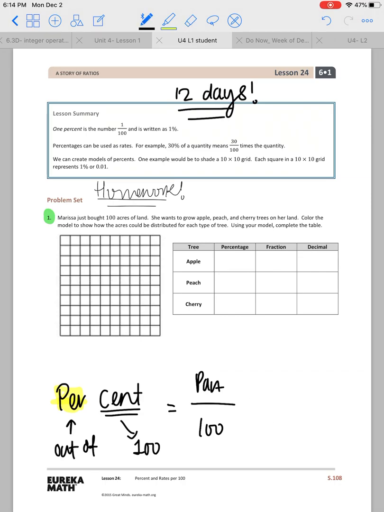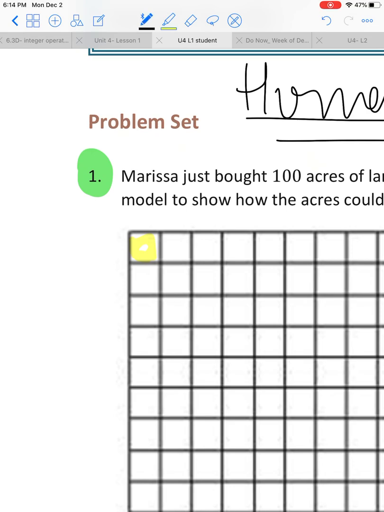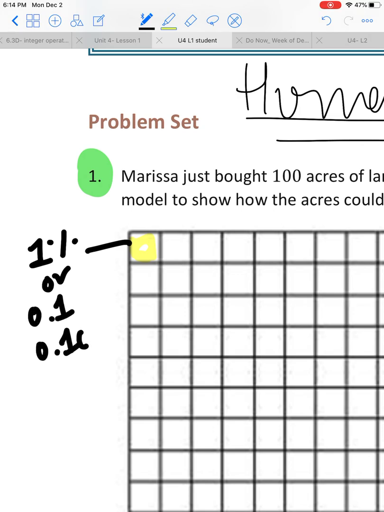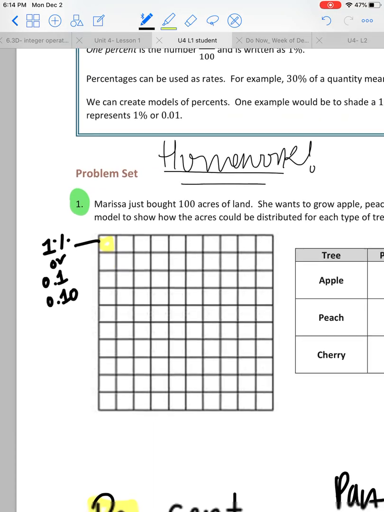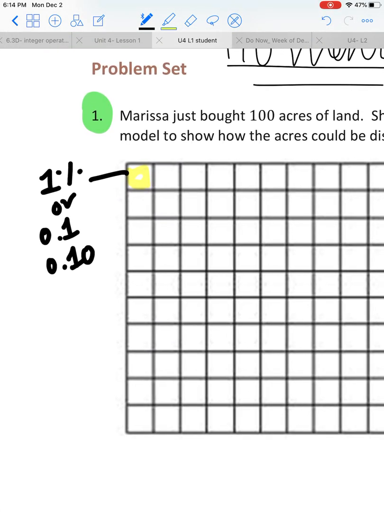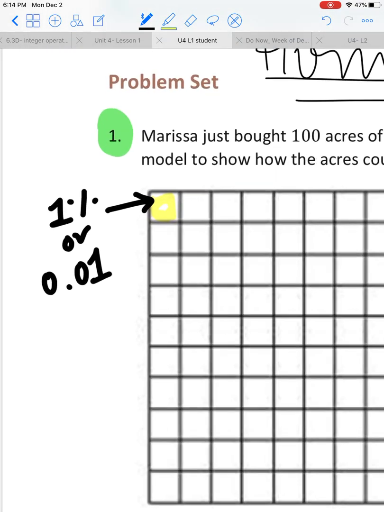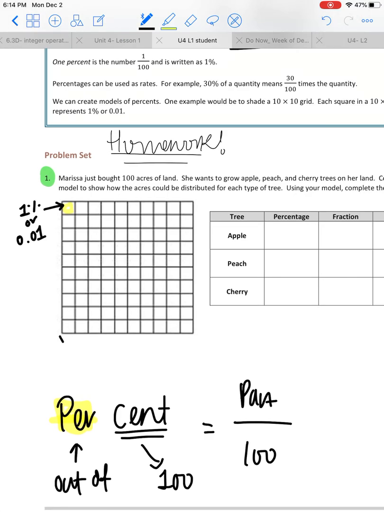So we talked about in class how when you have a 10 by 10 grid and you have one little square, this little square here is the same thing as 1% or 0.1 or 0.10. 0.1 and 0.10 mean the exact, oops, I made a mistake. It is not 0.1, it's 0.01, okay? So I'm pretty sure some of y'all were making a little face right now. This is 0.01. This whole thing, the whole row is 0.10